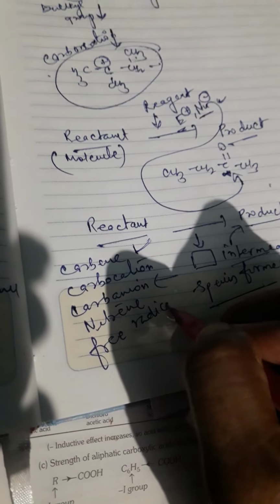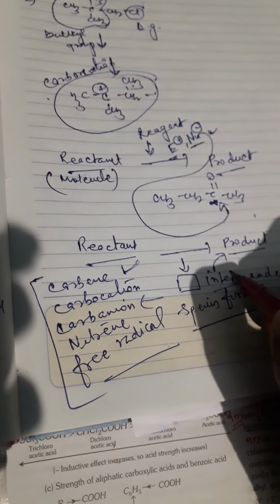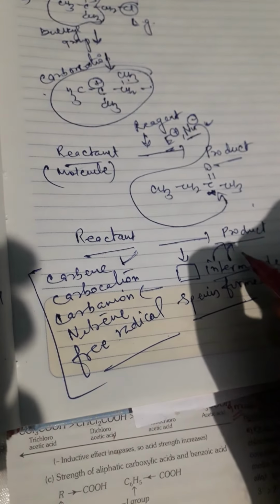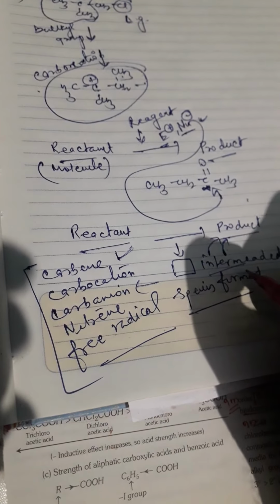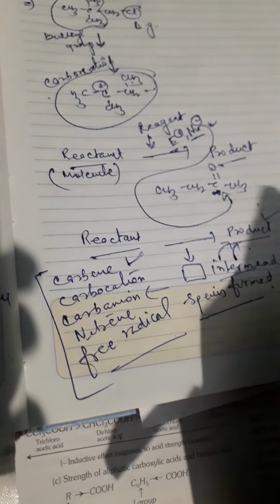So it is formed, it is called intermediate, and it is formed in between the reaction. Okay, by which conversion into product takes less time. So very easy way it is: after intermediate formation, it will convert to products. So that is what I want to say. But